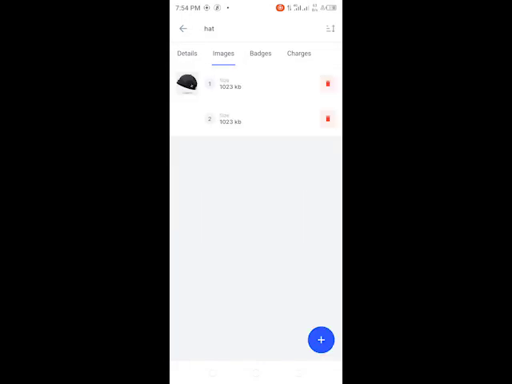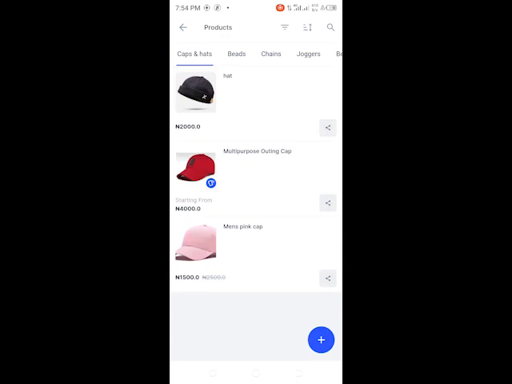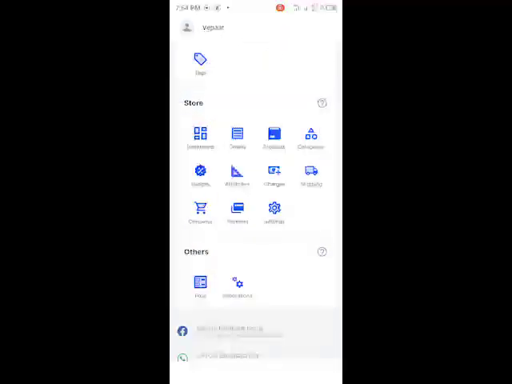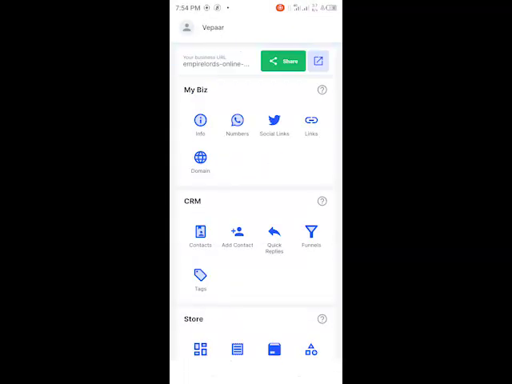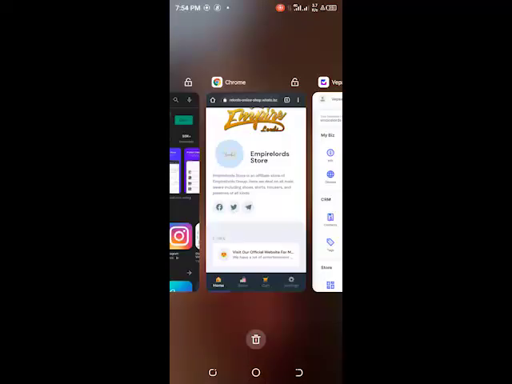Okay, so let's say this product now. The first one is going to be the front view of the product, and the second one is the back view of the product. Now let me show you something. Let's go to our store. Okay, we've set this up now. So let's go back to our store here